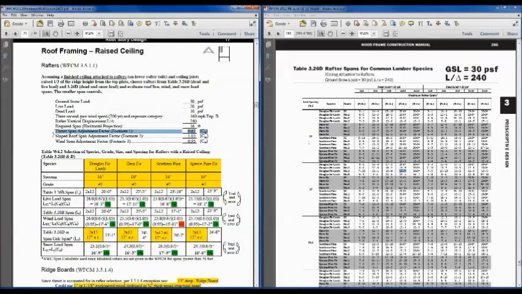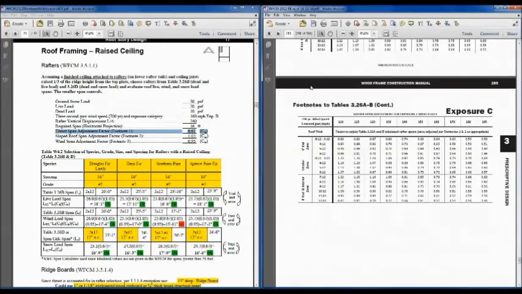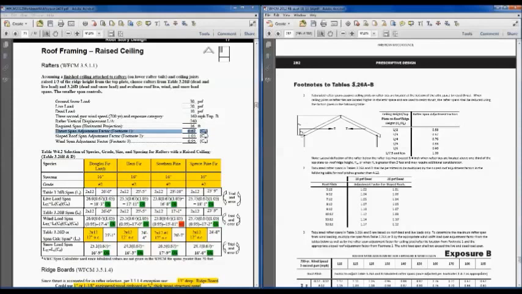So I'm going to jump to that table, and that's going to be the ground snow load table. Actually, that applies to the other two tables as well. Sorry about that, so that we can all be on the same page. I'm in the footnotes on page 282, footnotes to table 326A and B, and this gives that thrust adjustment factor, and for being a third of the distance from the plate to the ridge, that adjustment factor is 0.67, and that's a pretty significant